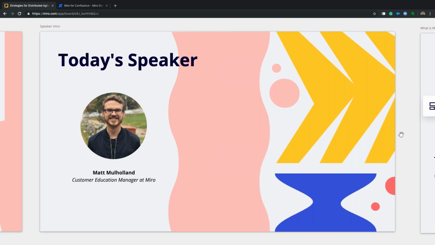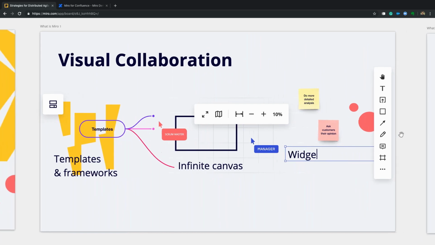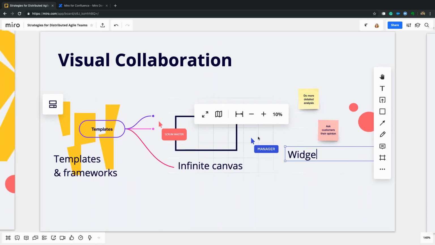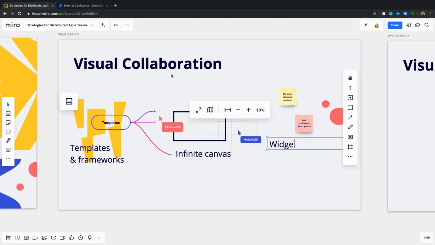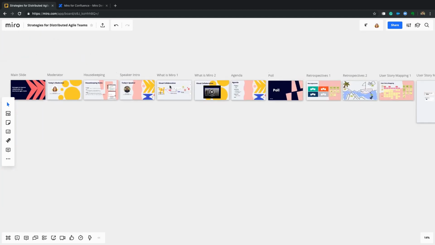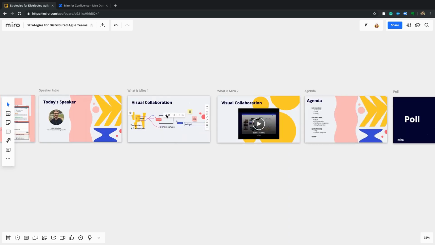Before we get into the main bit of the content, I'm just going to show a little bit about Miro in general, just in case we have some participants here who don't know what the tool is. We want to give a little bit of context to make sure that everybody's on the same page before we get into the main gist. So Miro is a visual collaboration tool. It has an infinite whiteboard that you can add sticky notes to and shapes and all of that kind of different assets here. Right now it looks like a presentation, but Miro's not a presentation tool, but you can do